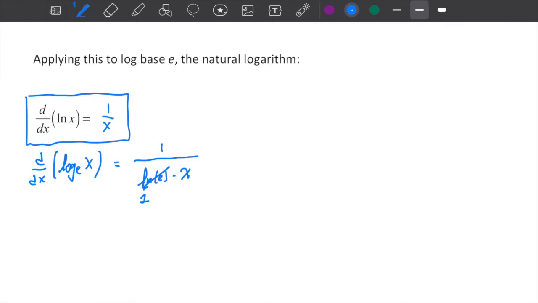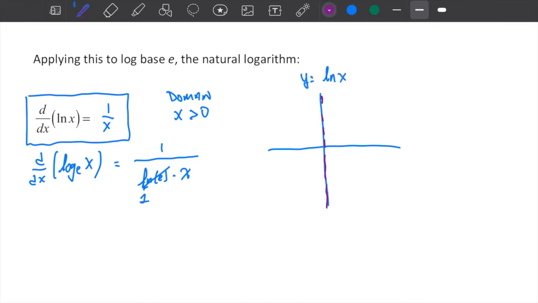Isn't that nice? Now, it's worth noting that the domain for the natural log is greater than 0. So the domain for our derivative 1 over x is x greater than 0. And think about why that makes sense. If we think about the graph of y equals natural log of x, we have this vertical asymptote, x equals 0, and our function